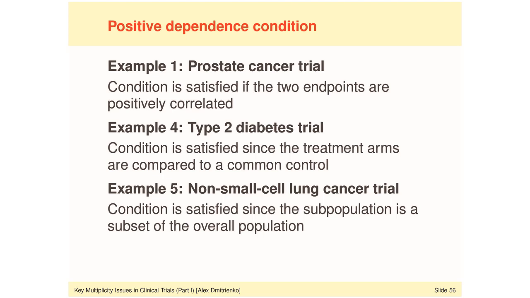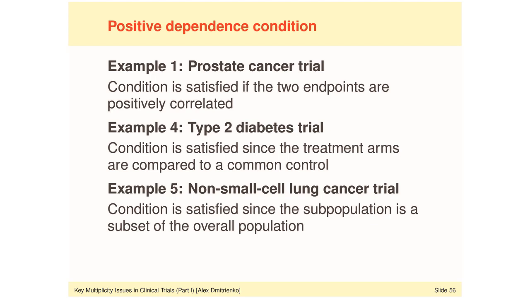I think the time for us has come to provide a quick summary of all error rate related issues for semi-parametric procedures. And to summarize, the type 1 error rate inflation may be a concern for the Hommel and Hogberg procedures, but there are multiple scenarios in which both procedures can be validly applied in clinical trial applications. And because of that, I would encourage you to consider those two procedures as an alternative to less powerful non-parametric